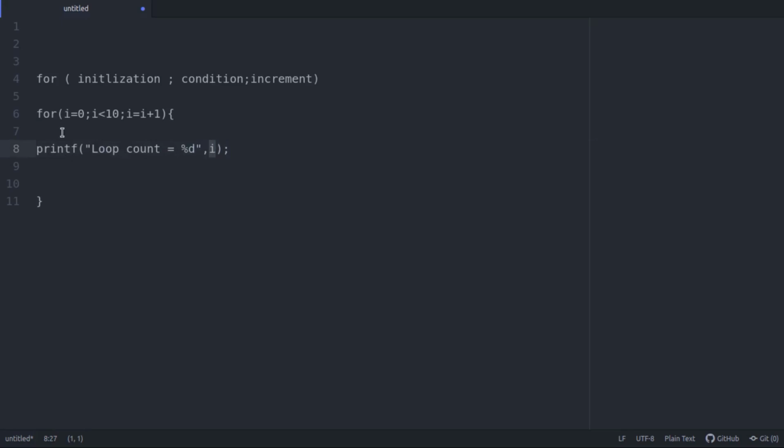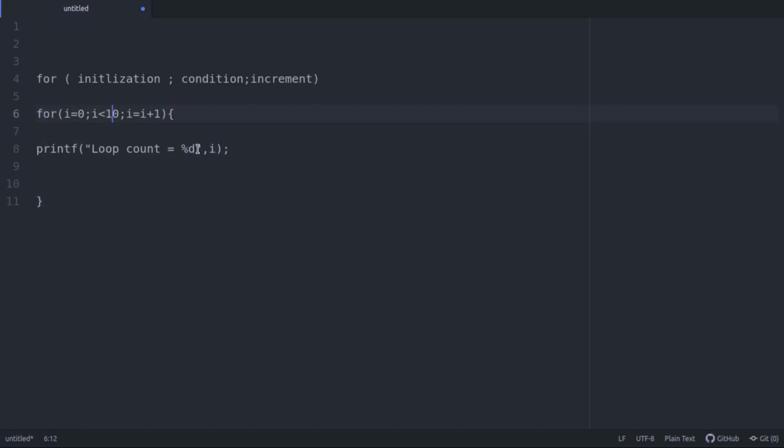Now what does this mean? I enter the for loop with a value of i equal to 0. So loop count will print a value of 0. Then that's the end of the for loop. Go back to the beginning. Increment the value by 1 count, i = i + 1. i becomes 1. Again enter the for loop. Print the value as 1. End of for loop. Go to the beginning again. This process will keep on repeating till i reaches a value of 9.